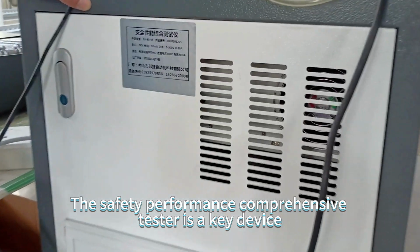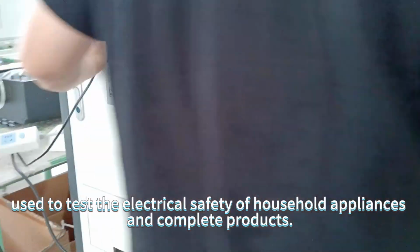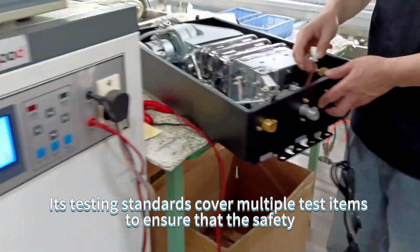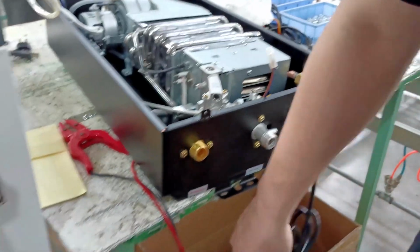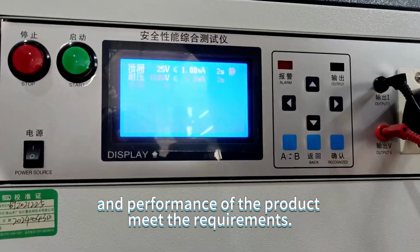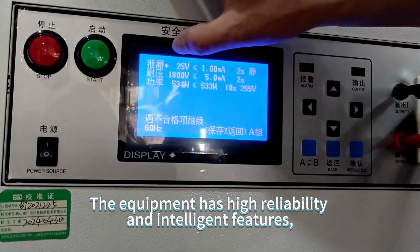The Safety Performance Comprehensive Tester is a key device used to test the electrical safety of household appliances and complete products. Its testing standards cover multiple test items to ensure that the safety and performance of the product meet the requirements. The equipment has high reliability and intelligent features